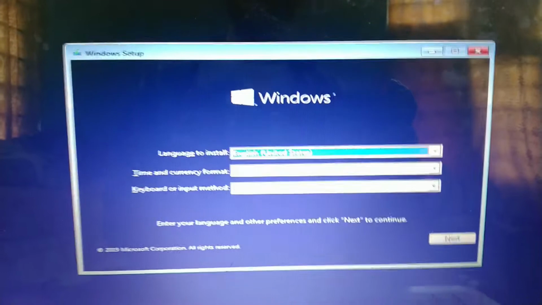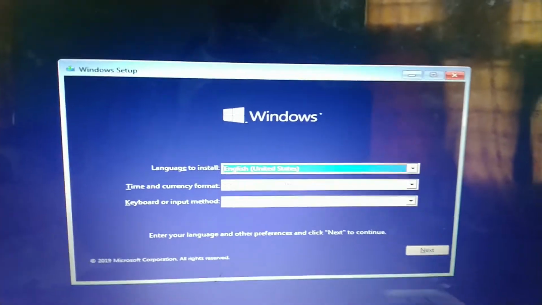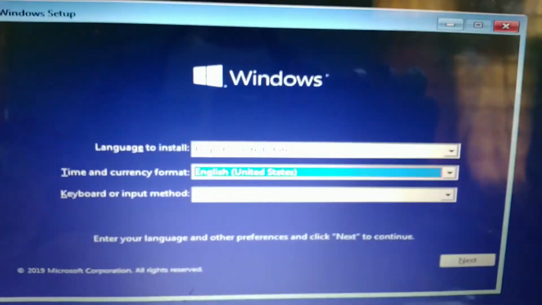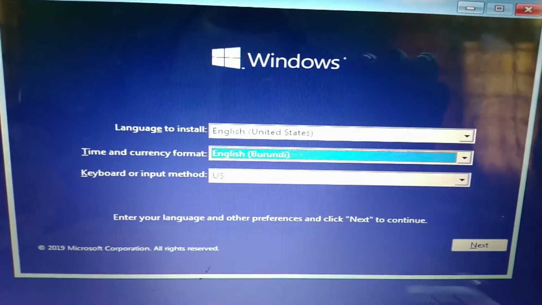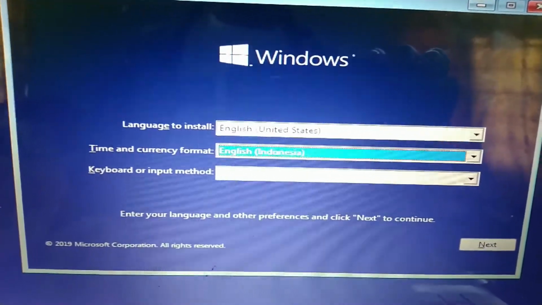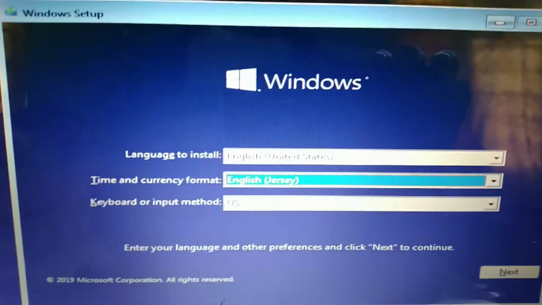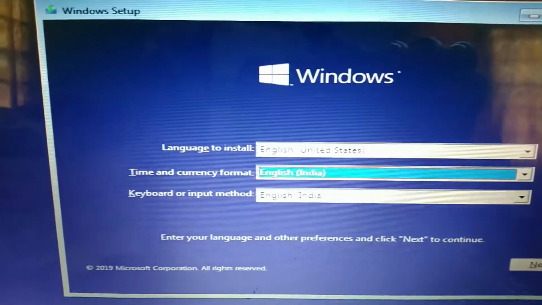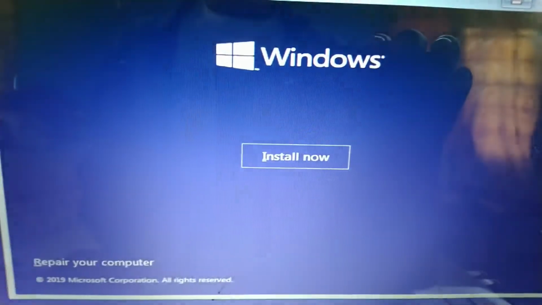As you can see here, you can make Windows changes. Depending upon your country, you can select anything. Since I am from India, I'll select India and go with next, and then install it.